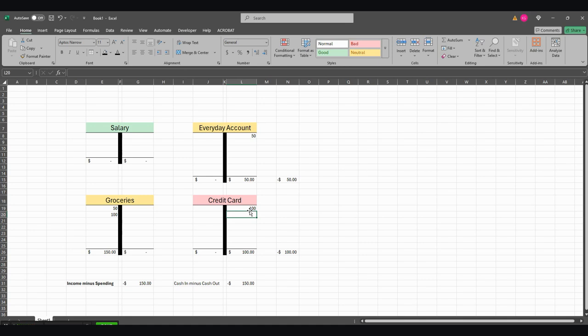When we pay the credit card back, we're going to minus it out by putting $100 on that side, and we're going to take it out of our everyday account on this side. So our cash flow is still going to be minus $150, which is going to match our income minus our spending. So now when we get our salary